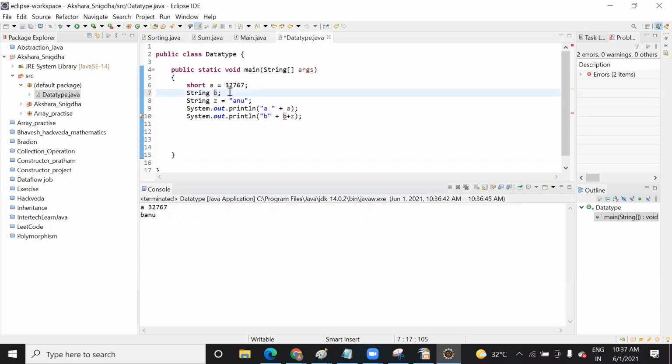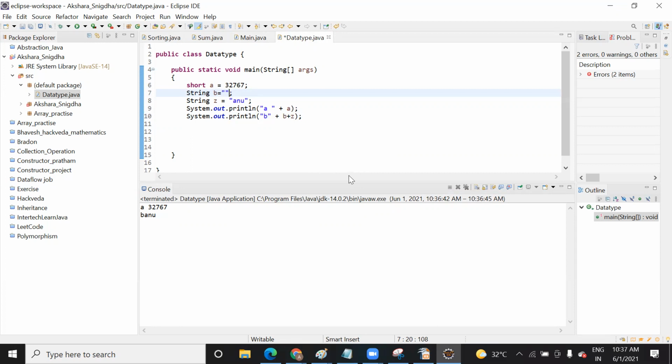So here it is not taking a null value when I'm not initializing any value and I'm trying to concatenate. Do you know about the concatenate operator? When you use this addition operator with a string value, it will act as a concatenation. So here I'm doing the same, and I'm not initializing.